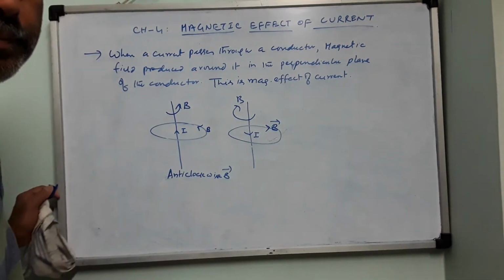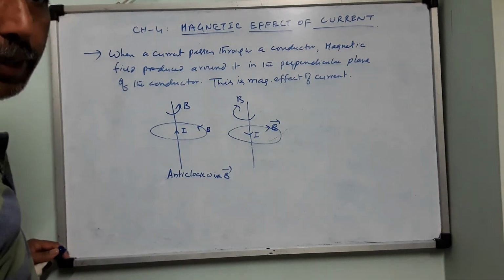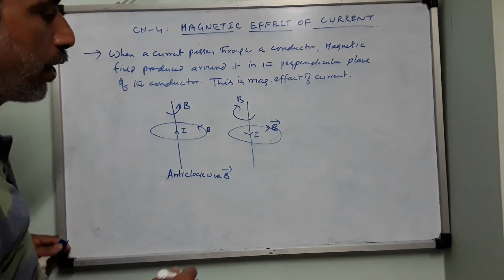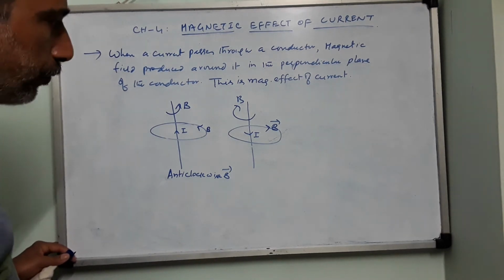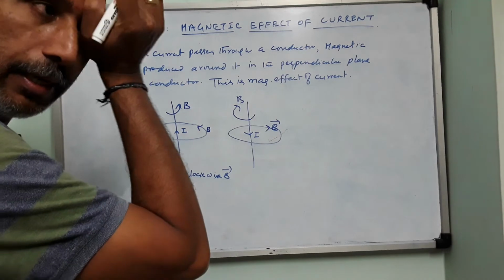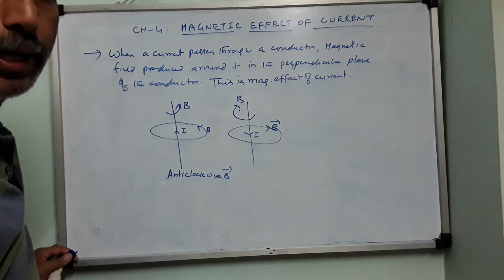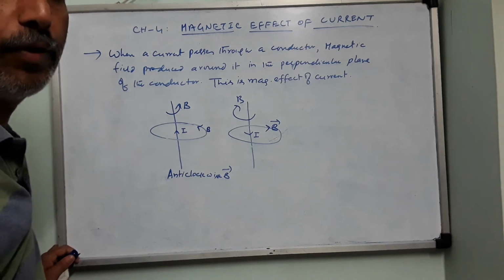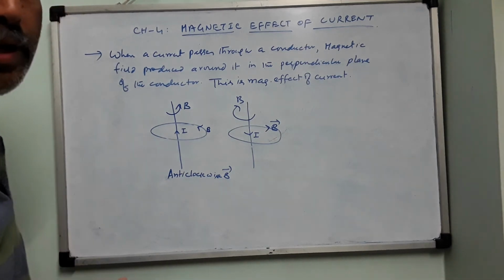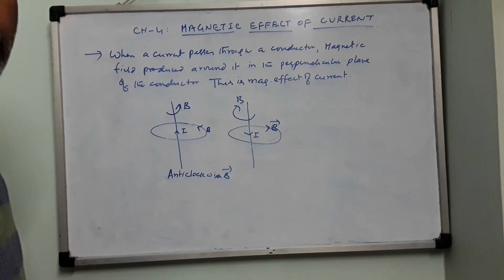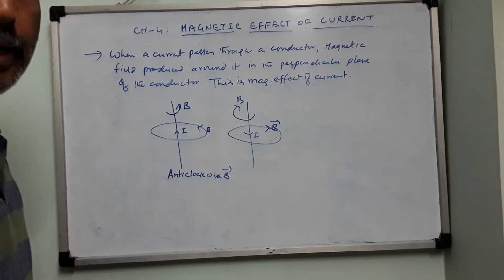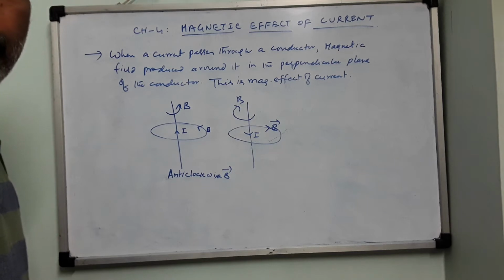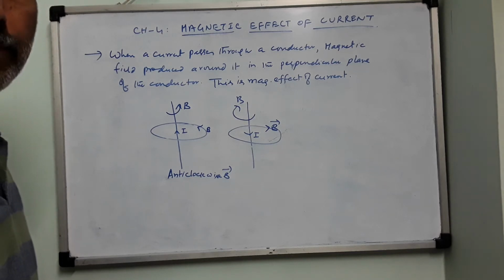Like electric field, magnetic field is also a vector quantity. But it is not a conservative field like electric field, because the force exerted by the magnetic field on a given charge depends on the velocity. Whereas in the electric field, the force exerted on the charge does not depend on the velocity of the charge. Whether the charge is kept at rest or in motion, in the electric field it always experiences an electric force.